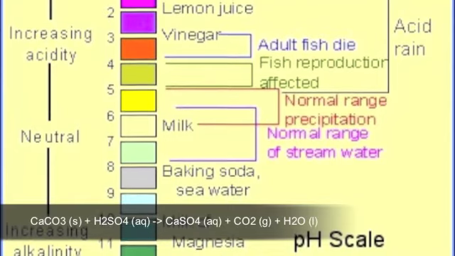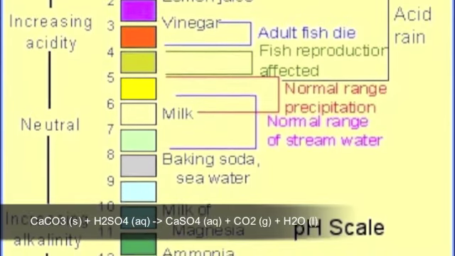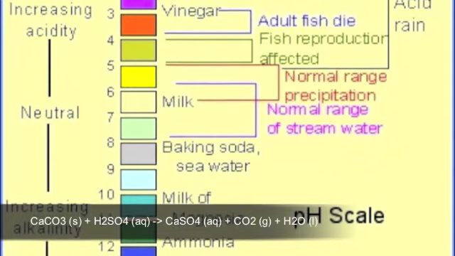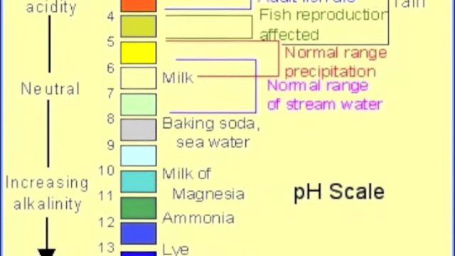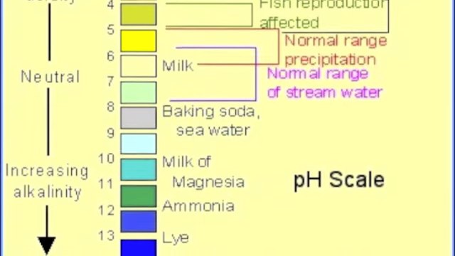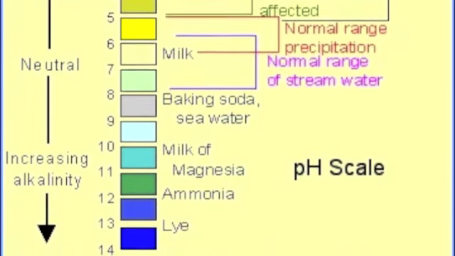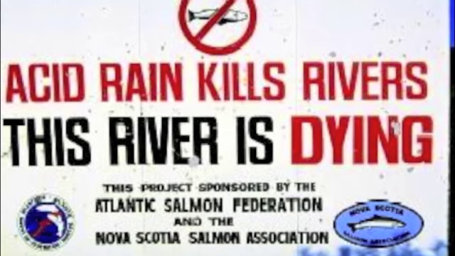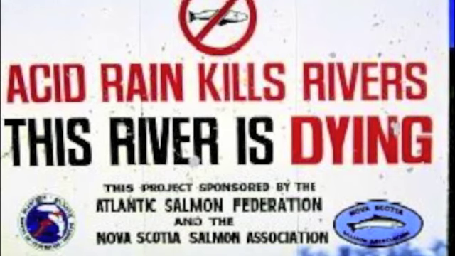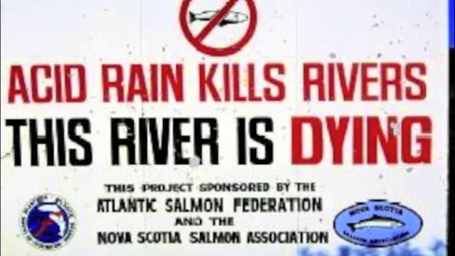CaCO3 solid plus sulfuric acid will equal to calcium sulfate plus carbon dioxide and water. Here, the acid rain is having a double replacement with calcium carbonate, which then has a reaction that flakes off the stone and the inscription on the graves. Often spots where the paint has fallen off is due to acid rain.